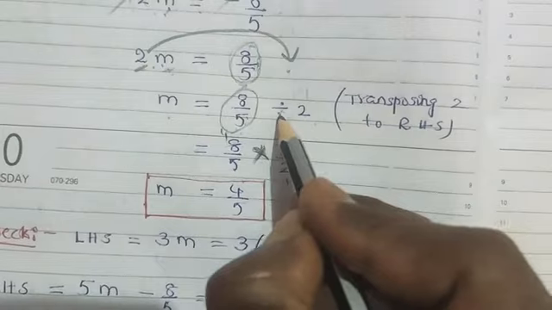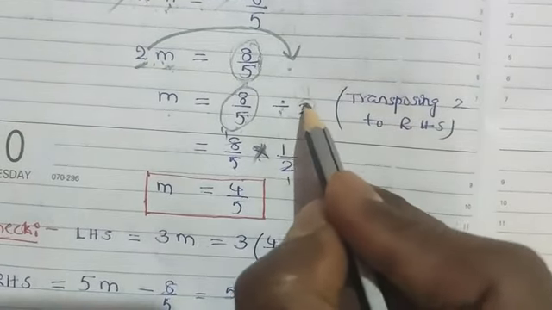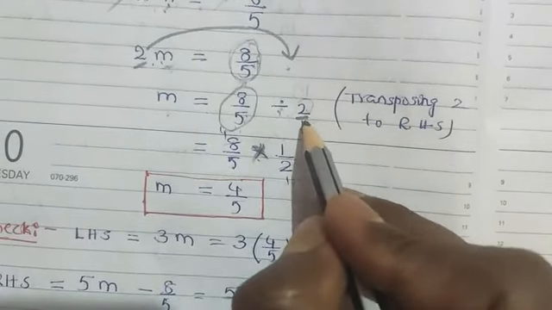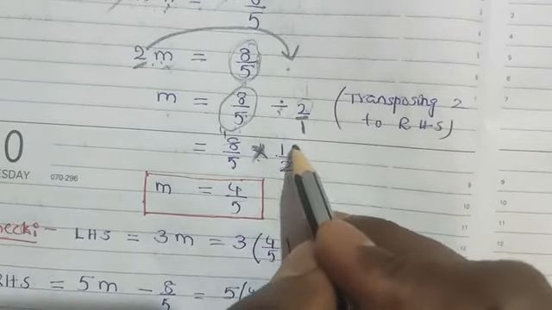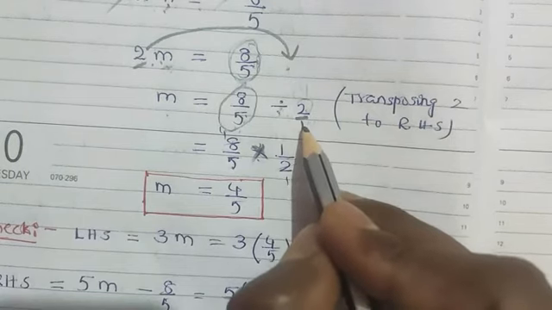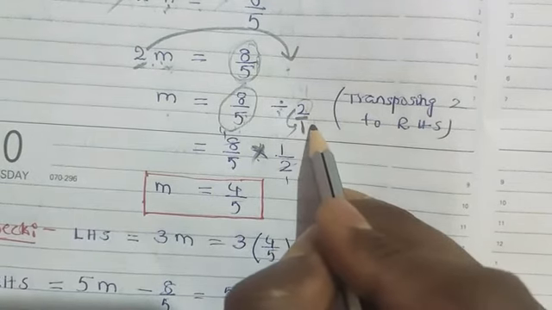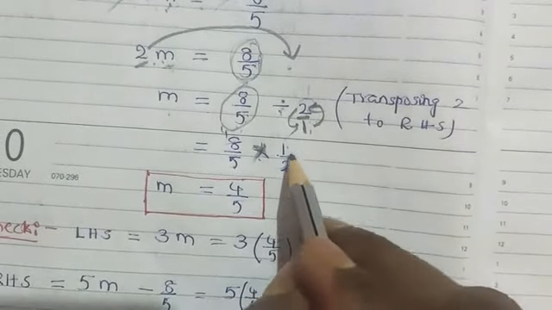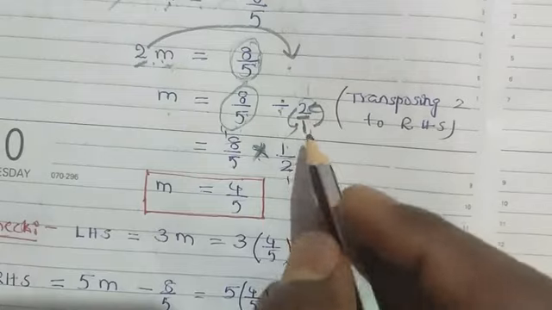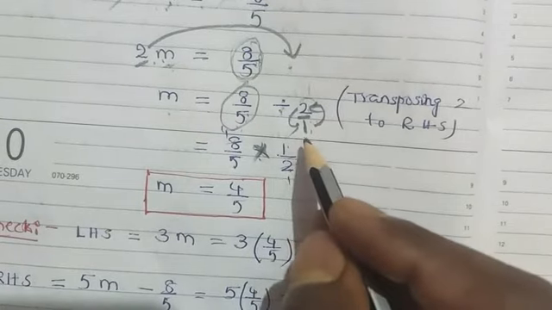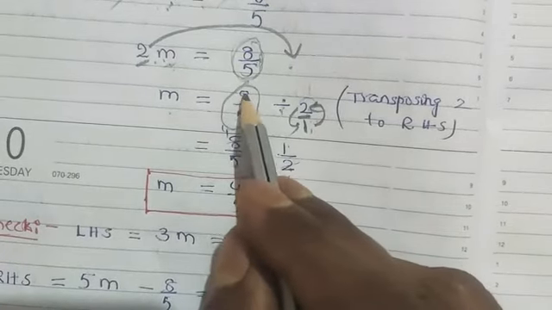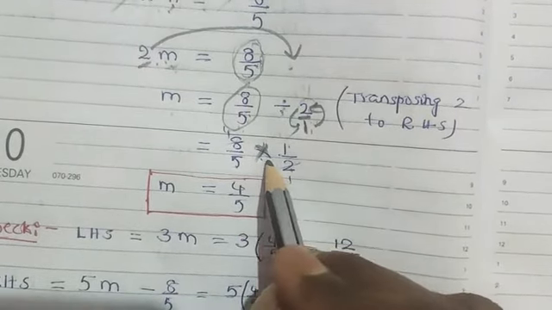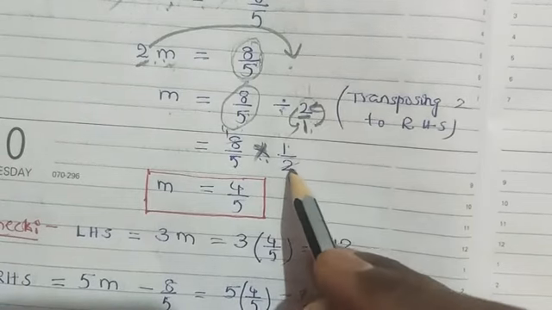So if you take division opposite multiplication, you should take 2 opposite also. 2 can be written as 2 by 1. 2 by 1 opposite is nothing but reciprocal of 2 by 1 only we have to take. So 2 by 1 reciprocal is nothing but numerator will become denominator, denominator will become numerator. So 2 by 1 is nothing but 1 by 2 if you write the multiplicative inverse of 2 by 1. Another name of multiplicative inverse is reciprocal. So instead of dividing 8 by 5 with the 2, we have to multiply this 8 by 5 with the multiplicative inverse of 2 by 1, that is 1 by 2.